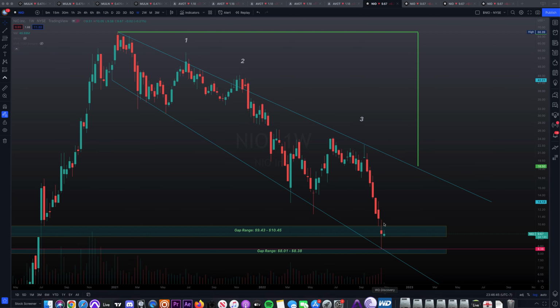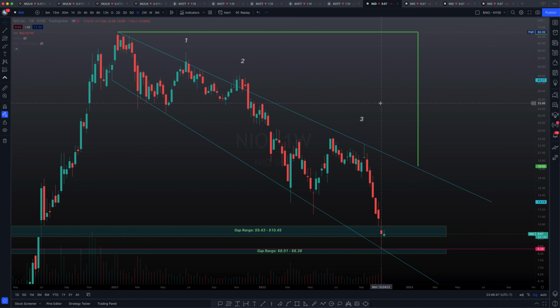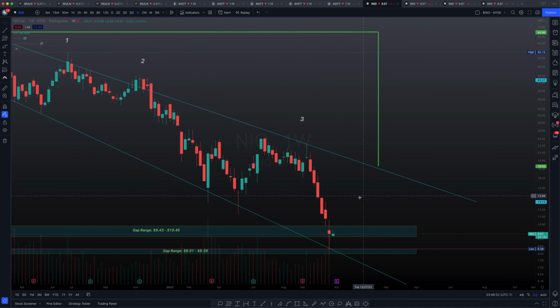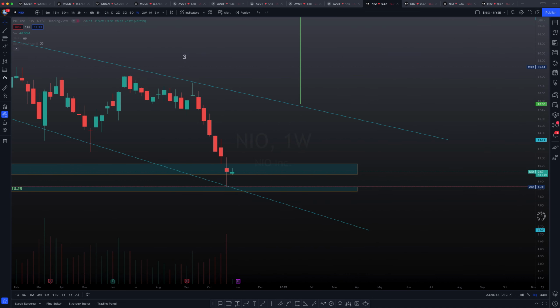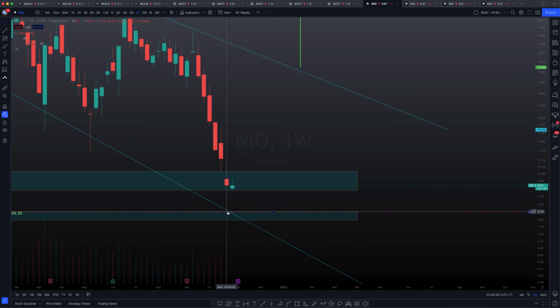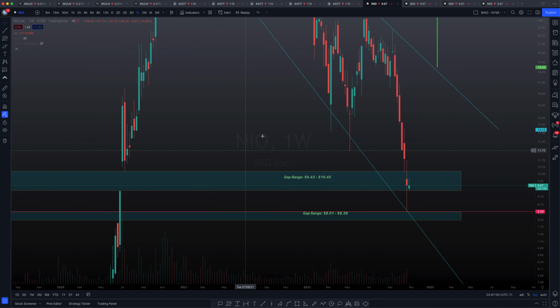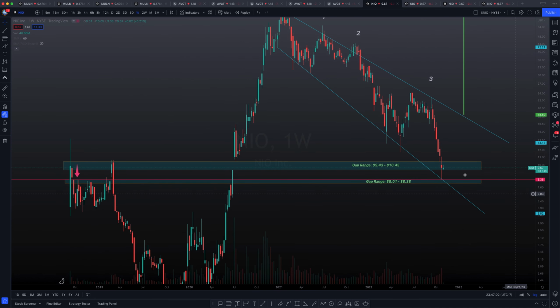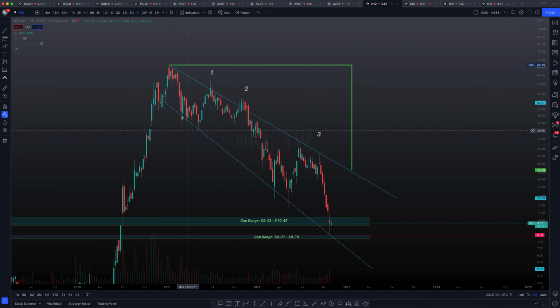With that said, let's get started. Okay, you guys, so we are looking at the weekly chart for NIO right here. A couple things to note. It looks like we have used the wedge support. So what we're looking at, for the new viewers, is a descending broadening wedge. Now this wedge is on the macro scale and it is a signal of a reversal